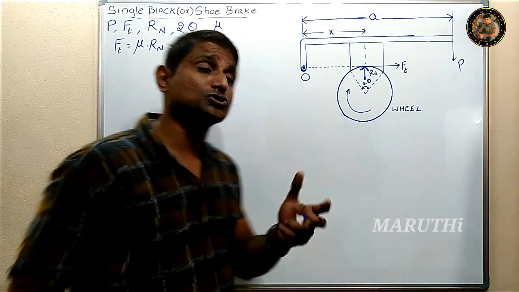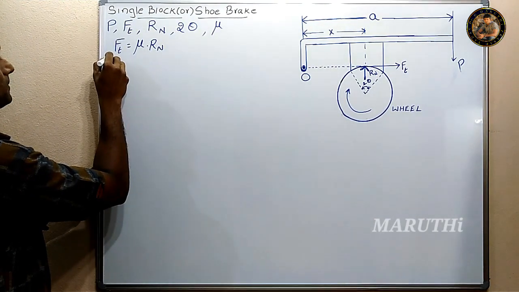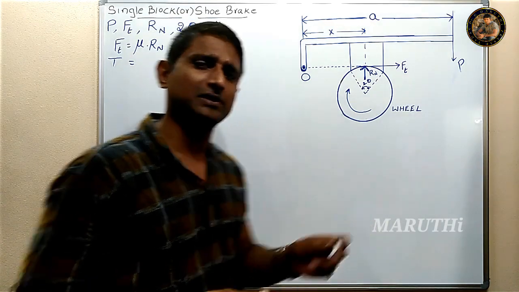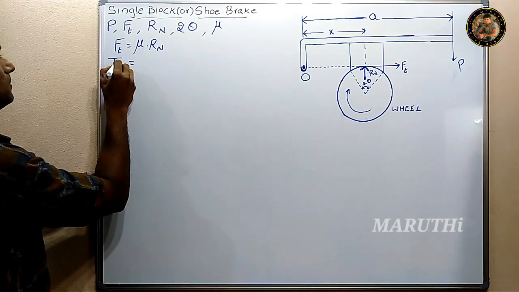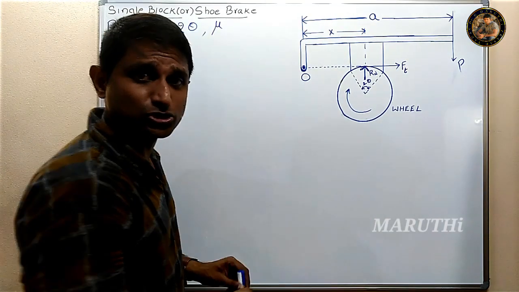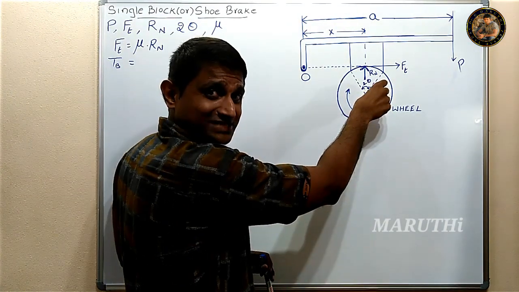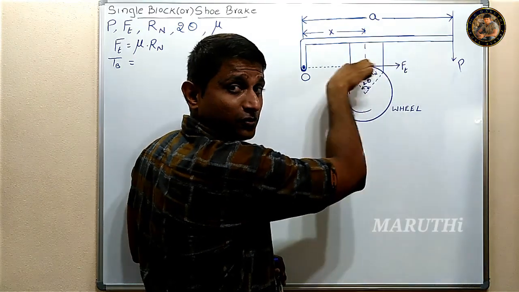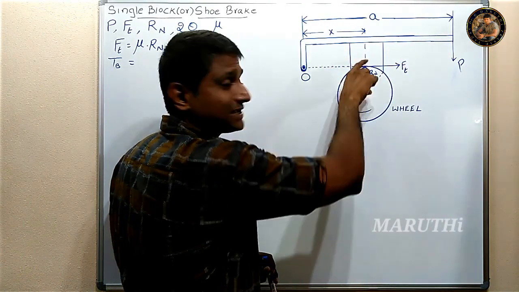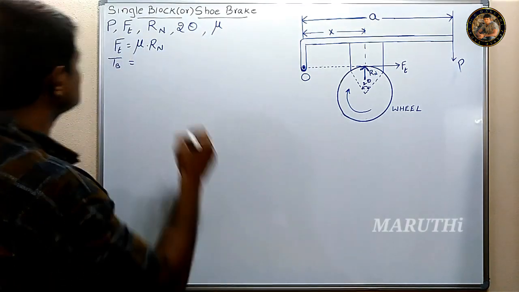And braking torque, we can write it as capital T or capital T suffix B. That is the braking torque. So braking torque is, about the center of the drum, this is a tangential force. So torque is equal to tangential force and distance from the center. So therefore frictional force into,